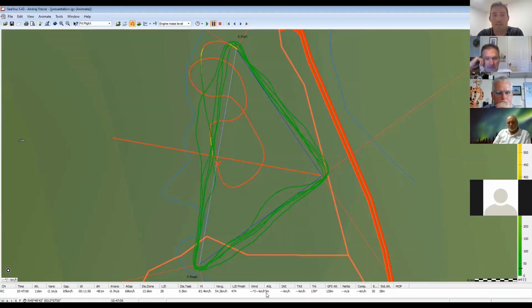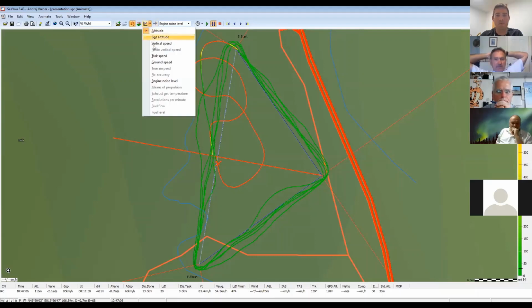So this is why it really matters to be as high and as fast as possible on the start. And this is why you have to practice it by going into the task with as much velocity as you can have for the specific class and with as much altitude as you can have. So this is the example I want to show you, and this is the profile of